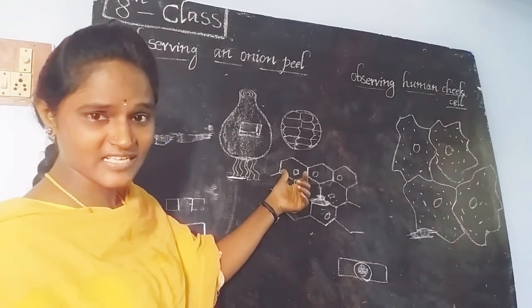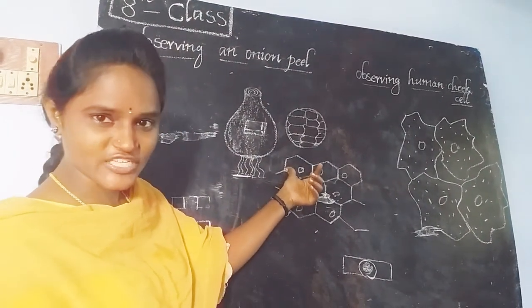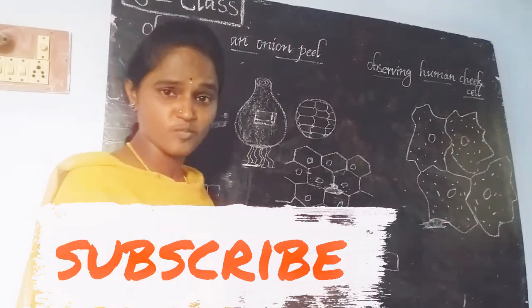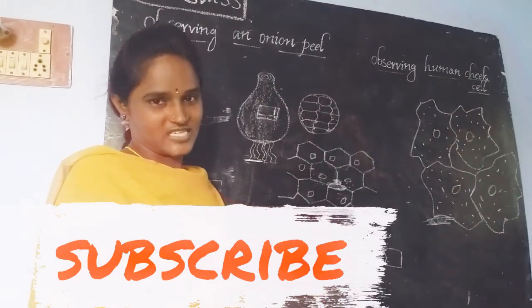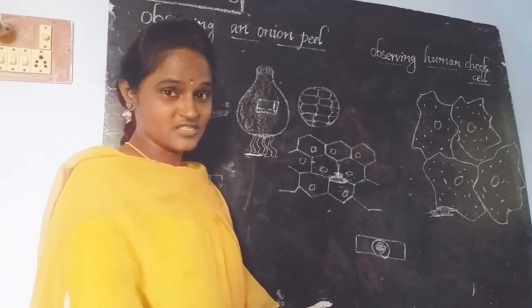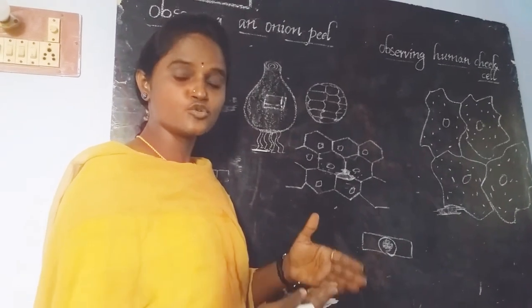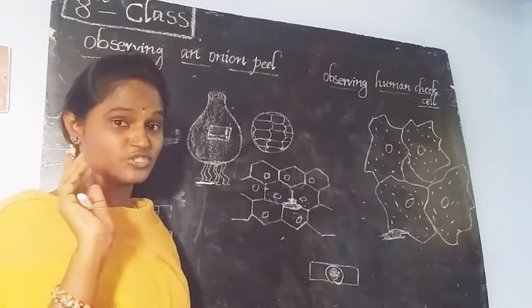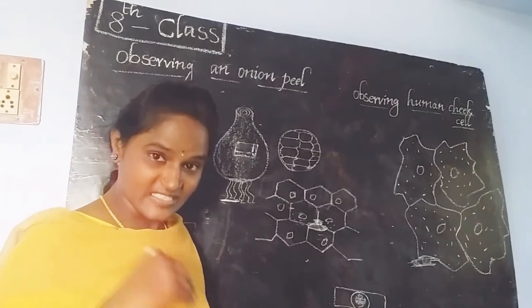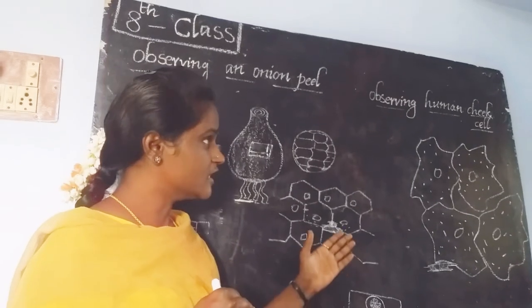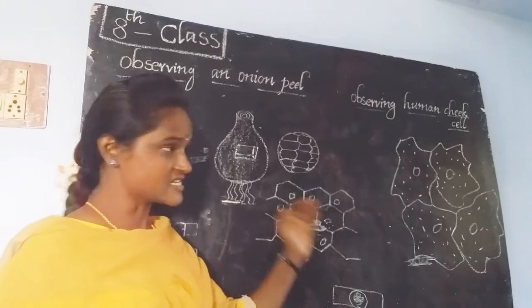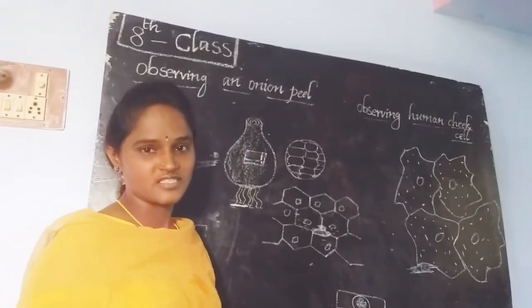If you observe the plant cells, they are uniform in nature, but in the animal cell, we are not able to find uniform cells in our cheek. Is it clear? Like this, we are able to observe living cells. In the previous class, we observed dead cells, and in this class, we observed living cells. Living cells in plants and living cells in humans.